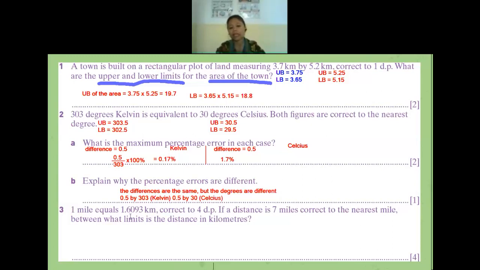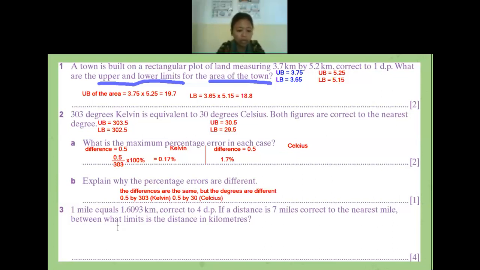1 mile equals 1.6093 kilometers, correct to four decimal places. And if a distance is 7 miles, correct to the nearest mile, what are the limits of the distance in kilometers? So if we have this case, we need to find the upper bound and lower bound of each number first, right? Anyone want to help me find the upper bound and lower bound of